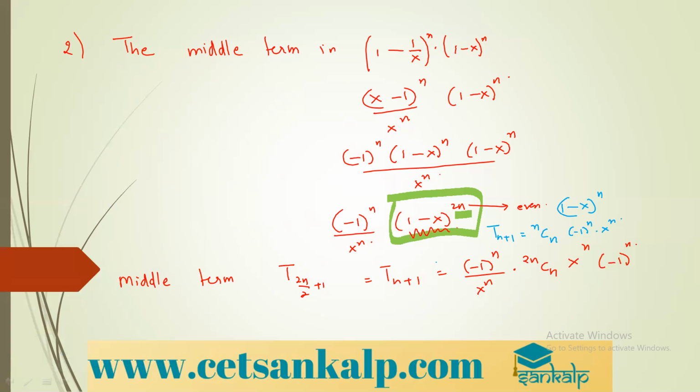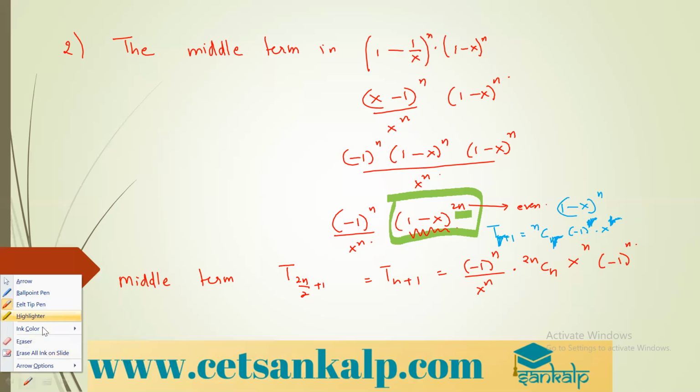This is the formula for the general term. Or if you want, you can write Tr plus 1, then here I will be taking r, here I will be taking r, and here also I will be taking r. This is the general term formula,